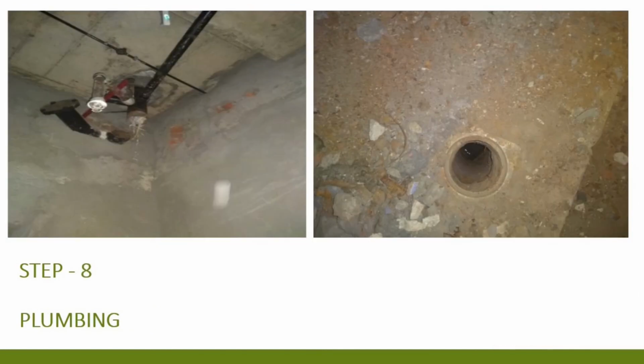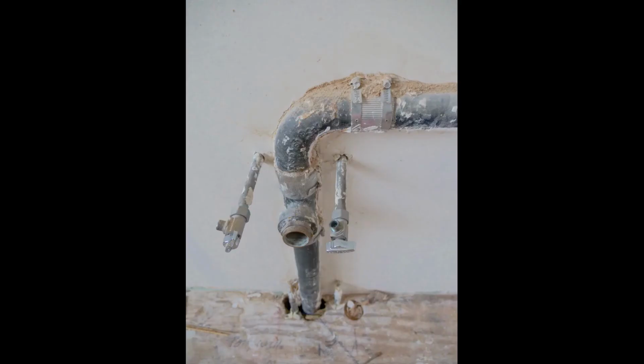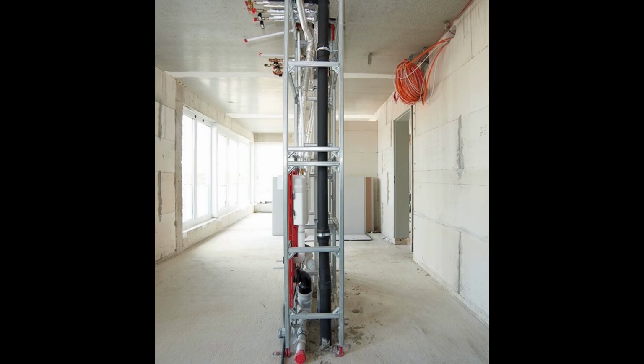Step 8 is checking the plumbing provisions in the building. This includes checking the availability of water supply and drain tap-offs. Typically, there is a plumbing shaft available in a building which houses both these tap-offs. But it is important to check not only the location of the plumbing shaft but also get the tap-offs physically checked.